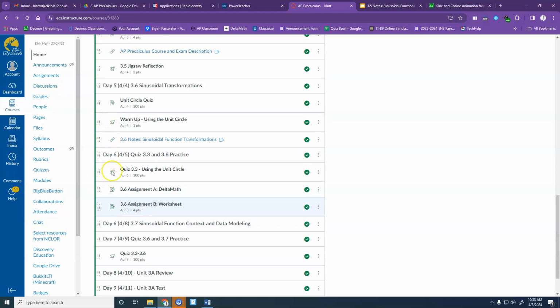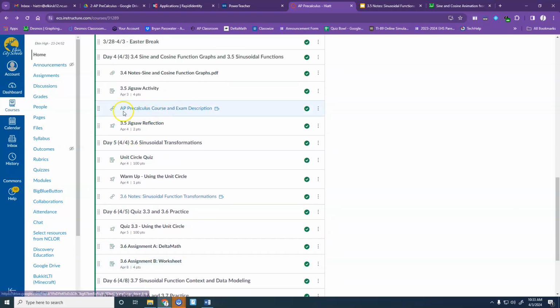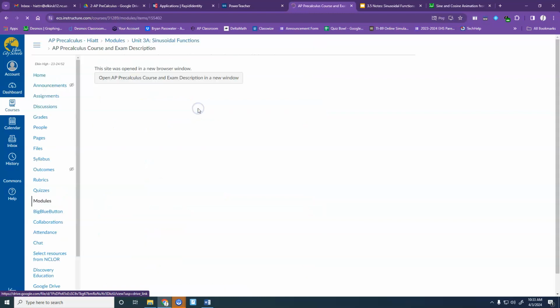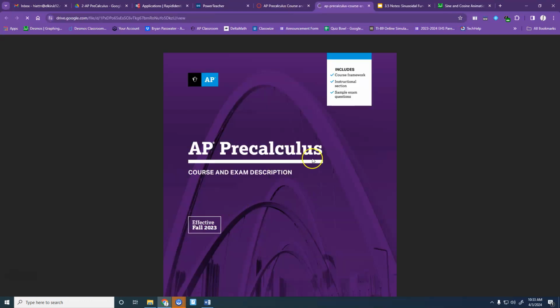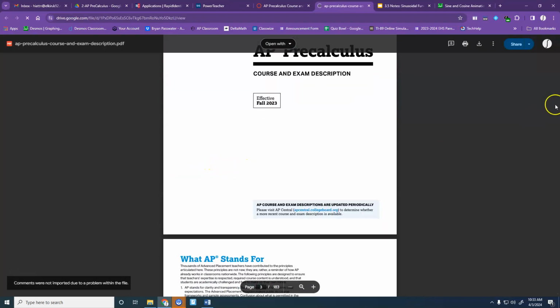I would suggest, I added this right here. It says AP underneath this jigsaw activity. It says AP Pre-Calculus course and exam description. If you click on this and click open a new window, if you go to section 3.5,